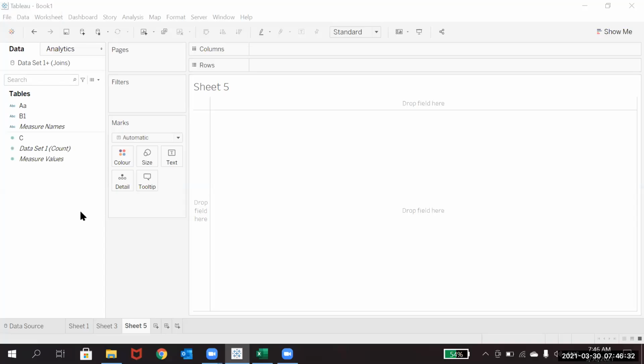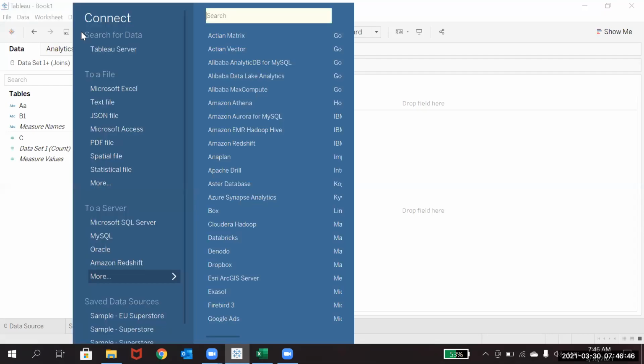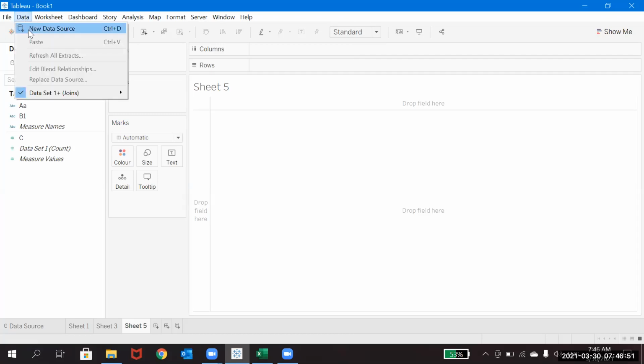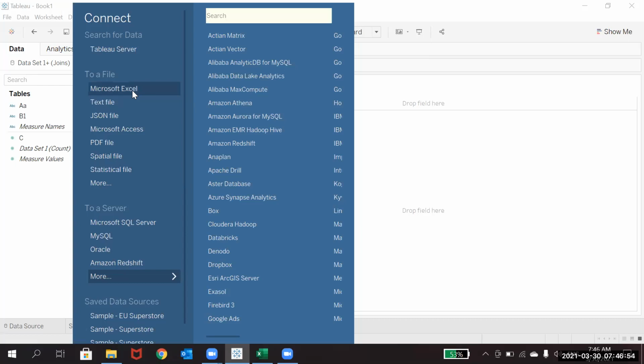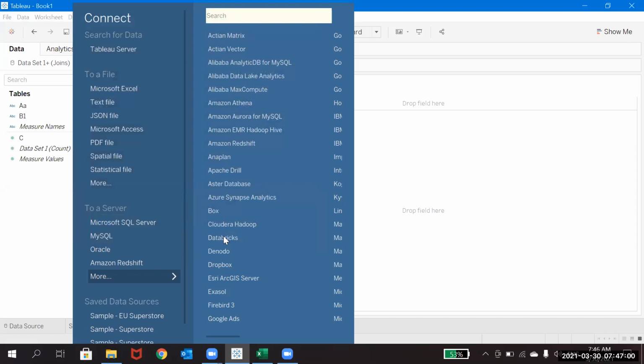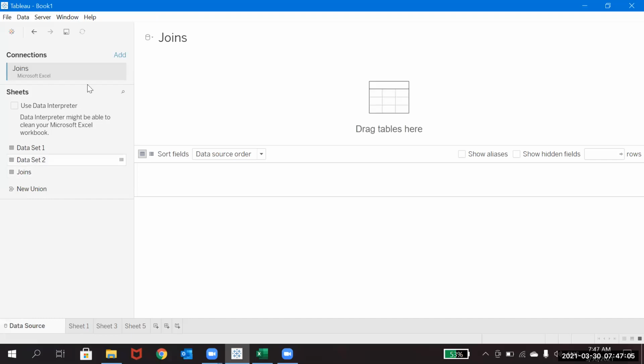Okay. So I think you guys remember when we were discussing the Tableau workspace. We told you that on each and every menu bar, you can also find where the new data source will come. This is also where you can go and connect to the data set. You can go to Data, click on New Data Source, select the Excel file you are taking, and connect to it. The moment you connect to any data set, it will come on the same first page.